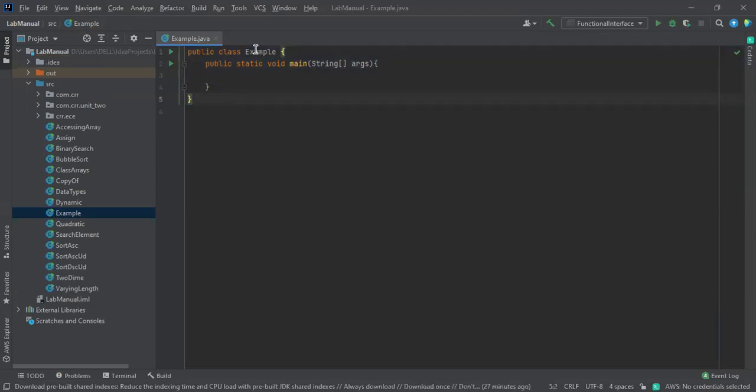Okay. So this is the basic declaration of a class. What is the name of the class? Example. How do you say this is a class file? There is a capital letter over here. There should be a capital letter. Okay. And now inside this, we are going to see how you are going to declare a variable. Declaration of variable. This is a declaration of a variable.